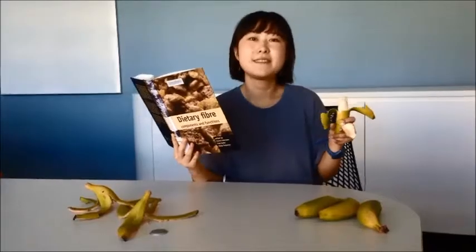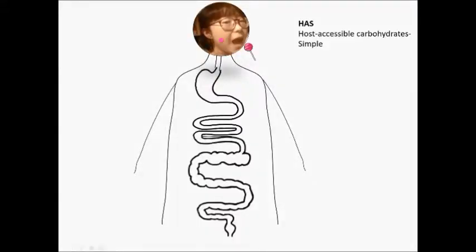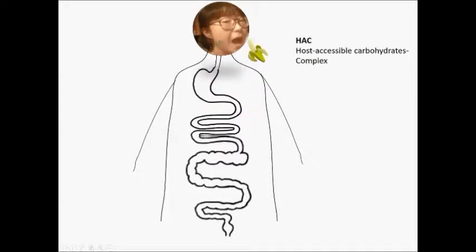And to better understand this fiber microbial interaction, we categorize our carbohydrates into 4 groups. The first group is HAS. For example, simple sugar is fully digested in the upper gastrointestinal tract. Second, HAC, such as resistant starch, is partly digested in the small intestine, and the rest will go to the